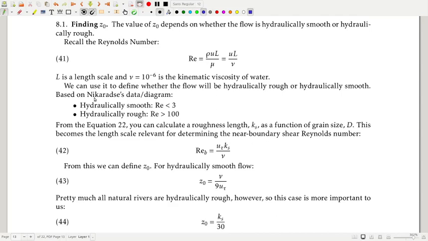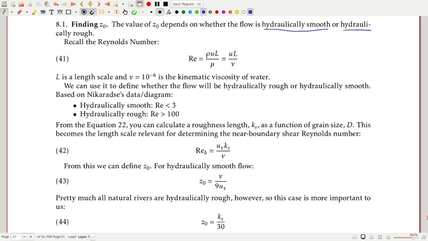To solve for the law of the wall, we need to know what this term z naught is. I mentioned that it's a roughness length, but what does it actually mean, and how can we solve it in terms of things that we can actually measure? So we can first think about how the roughness is interacting with the flow. And so the value of z naught is going to depend on whether the flow is